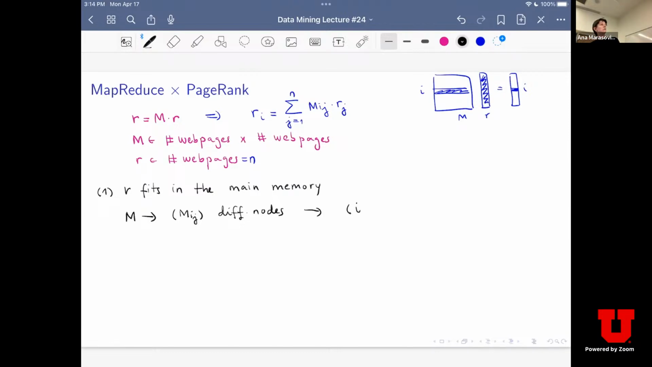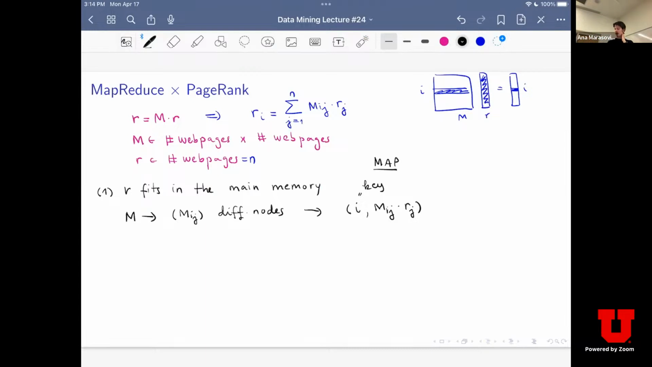the row, the value of our row i in the value mij. So that's our key, what was burned before. And our value is going to be mij times rj. Okay, so the key is the row. All right, so this is basically our map